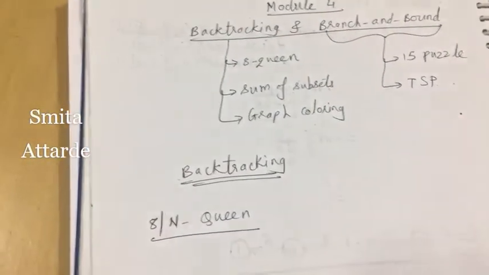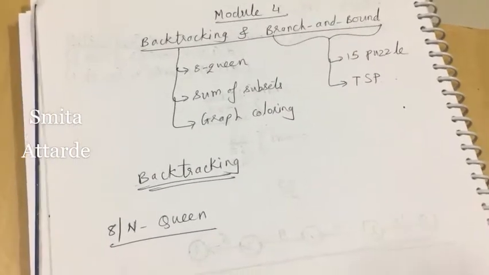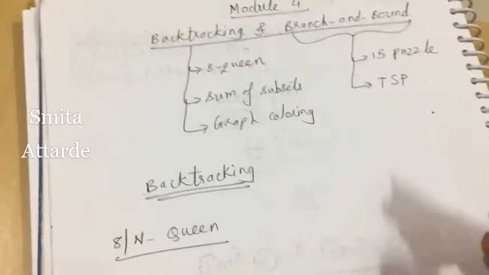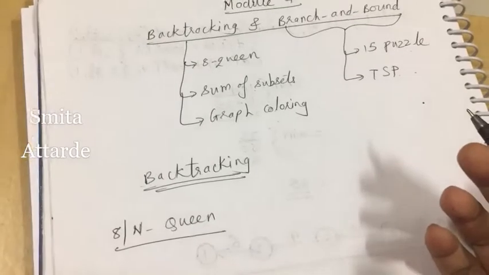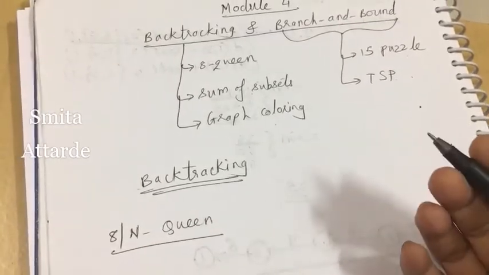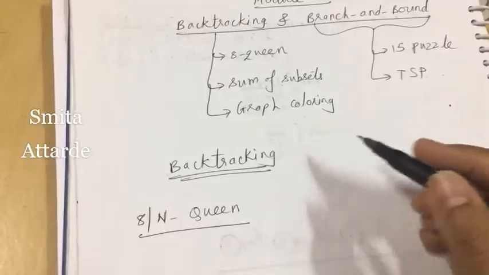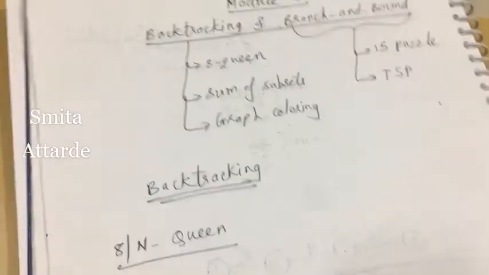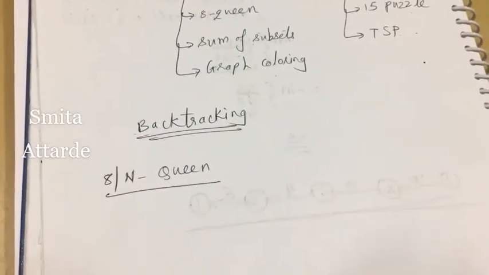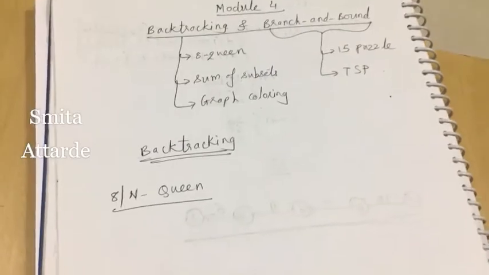Now as the name specifies, backtracking means just as we take some choice, we may take some decision, and if at a later stage we come to know that our decision is wrong, we can backtrack and make another choice and then solve the problem to get the solution. That is the concept of backtracking.